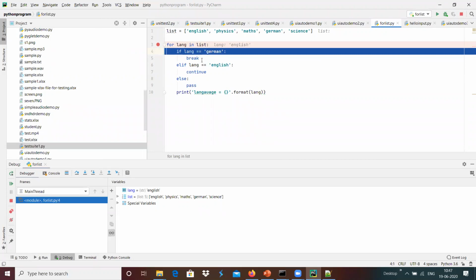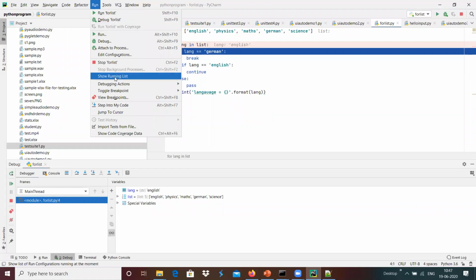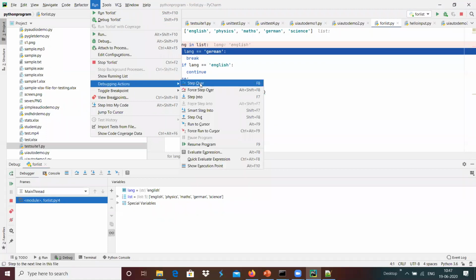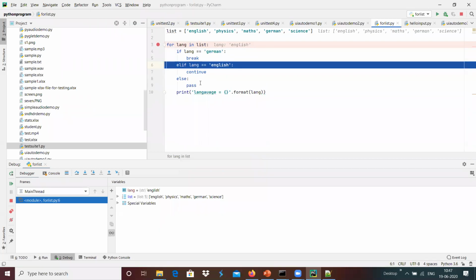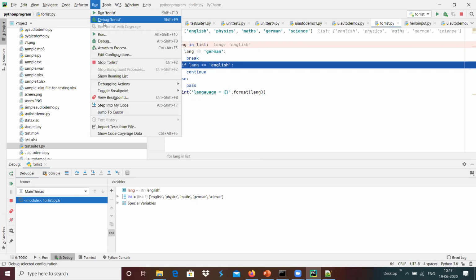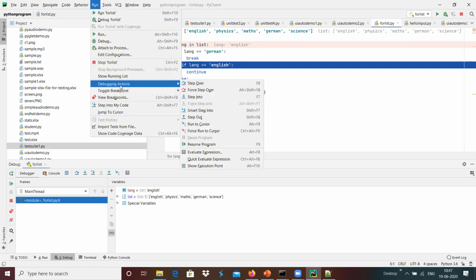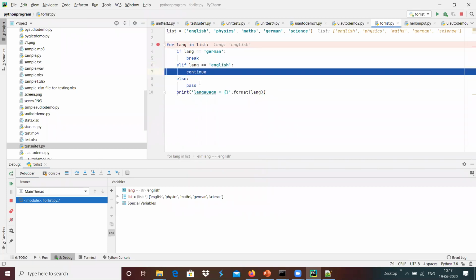This will not become true, and maybe we can do the debugging step over again. It comes to check the else part over here, and we will see something like going to step over to the next line again. The lang matches with English, and it goes to continue, and we have continue, which means it stops that